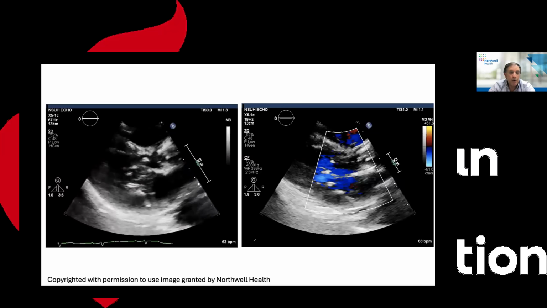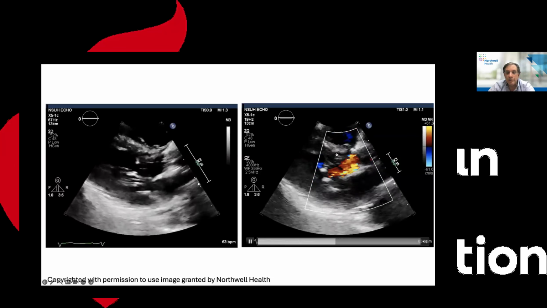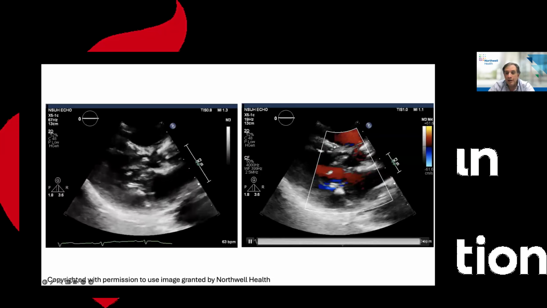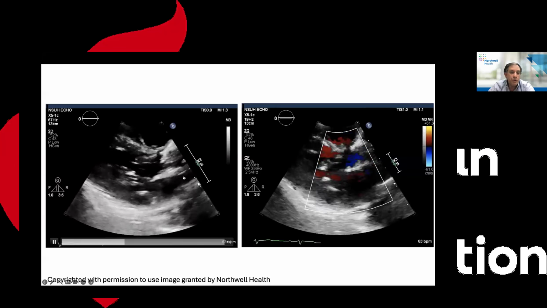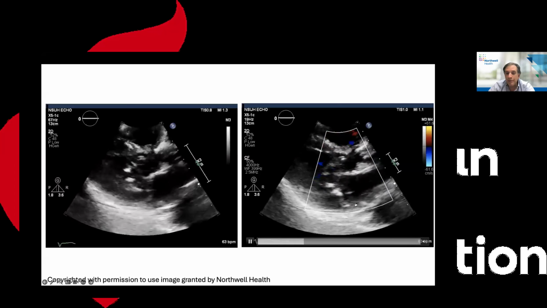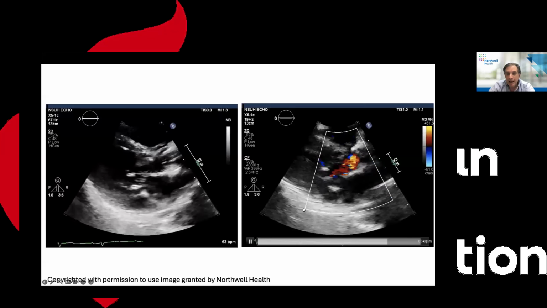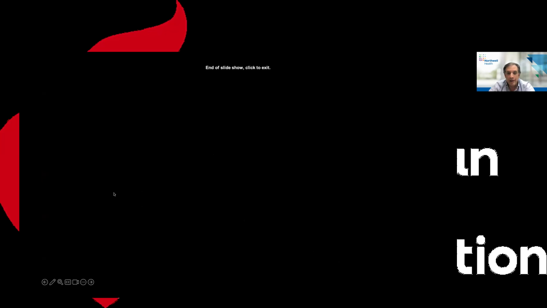And this is now what her echoes look like about a month after having started the cardiac myosin inhibitor. You can see there's a TAVR over here. So there's no more turbulence in the aortic valve. And you can see the mitral regurgitation going back this way and the turbulence in the LVOT is no longer present. And here is her spectral Doppler, continuous wave Doppler with Valsalva in this patient now being treated with cardiac myosin inhibition.